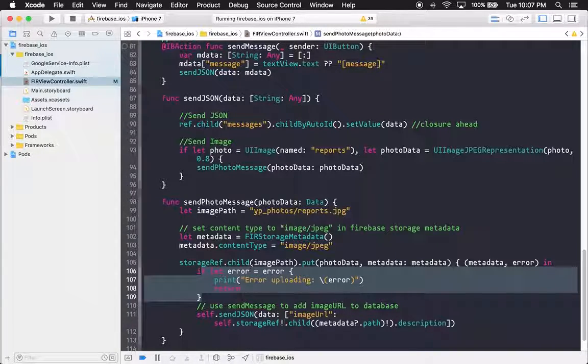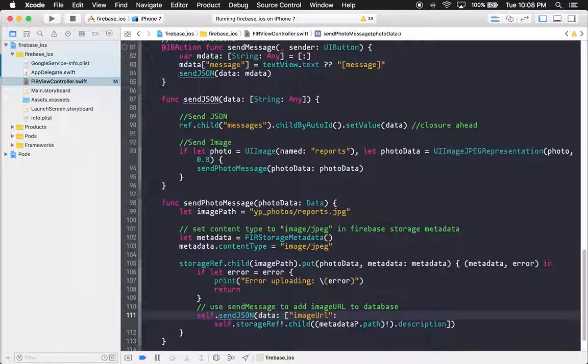So if the error equals nil... if there's an error, meaning the error is not equal to nil, just print "error uploading" and the type of error, and return. Don't keep going. And then we're going to use the same method, sendJSON, because